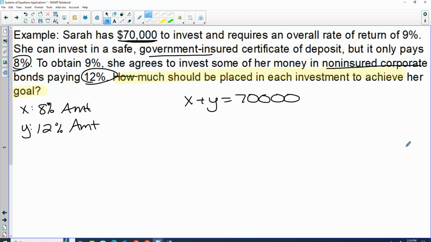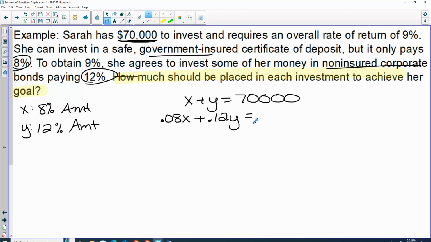Now the second one, we have to think a little bit more. It's talking about our interest. X is the amount I invested at 8%. So how would I find my interest from that? X times 8% is 0.08x, plus for my y, 0.12y